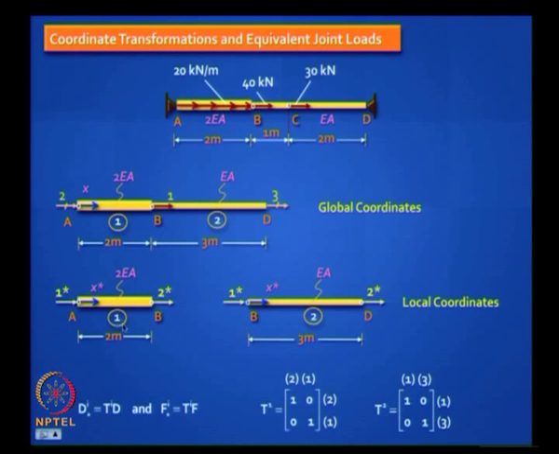Now you see the local coordinate for element 1, left end is 1 star, right end is 2 star, but this 1 star matches with 2 global and 1 global. So that is why I wrote 2 1 2 1. In the second element, 1 star 2 star matches with 1 and 3, 1 and 3. That is all you need to do. Is this step clear? Because this is how you link the local coordinates to the global coordinates. Ready? Shall we move on? Clear?